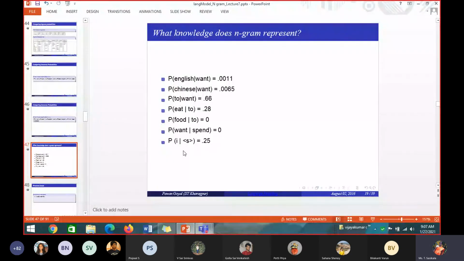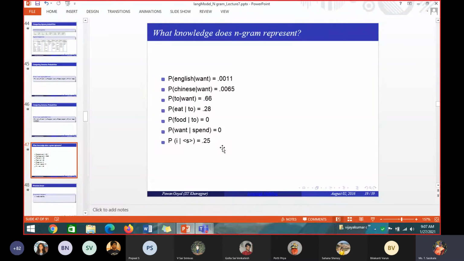So this is a bigram, and this is calculating the bigram count, and we can infer something out of it. Simply calculating the bigram and the probability count, we cannot leave it. We have to infer which word is occurring more in the corpus, based on the count, and based on the probability we can tell that want Chinese food is 6 times more popular in my restaurant than the English food. So this is how we can infer out of it.